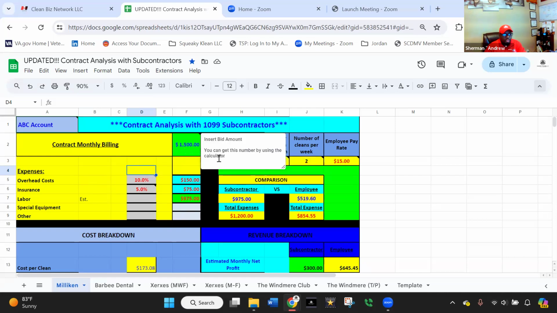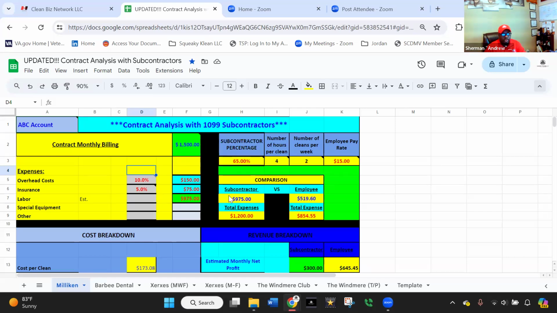So that means from this, 65% of 1,500 will be 975. So that's a number that I would kind of shoot for. Doesn't necessarily have to be that. You can negotiate lower, higher, whatever you want to do. But that number pops up over here. So you know this is what's coming out of that number